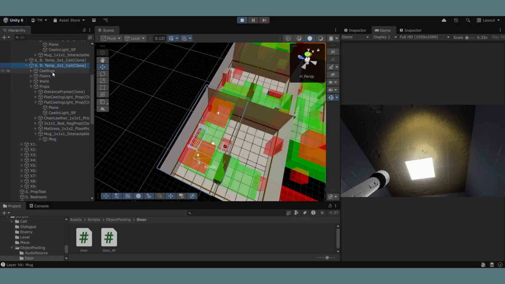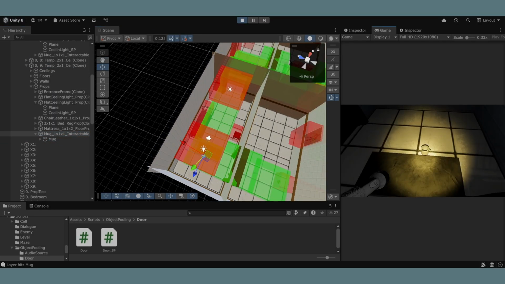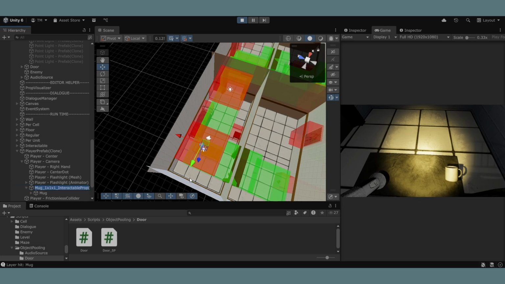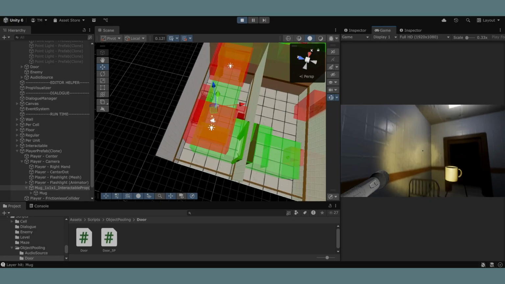So if I look at the whole cell, this mug is a prop, but if I, the player, come over and I pick it up, if you look all the way to the left on the editor, when I pick it up, it disappears from that cell, and it basically got given to the player. It's still the exact same mug. But now, if I were to bring it to a new cell,